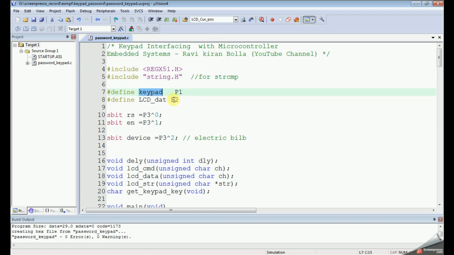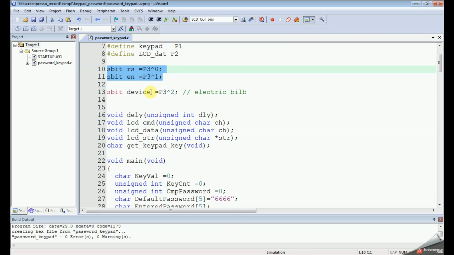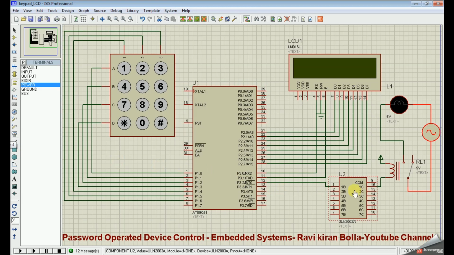There is a keypad, as I discussed, connected to port 1, and an LCD connected to port 2, and there are two control pins, port 3.0 and port 3.1. There is an electric bulb or device connected to port 3 pin 2 through a relay driver IC, as shown here.